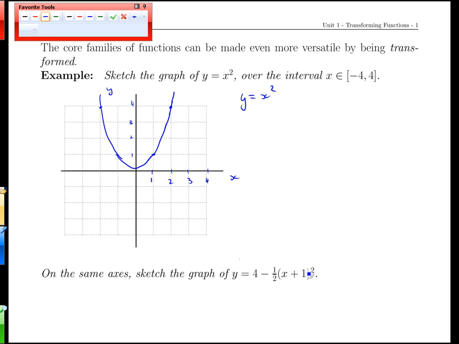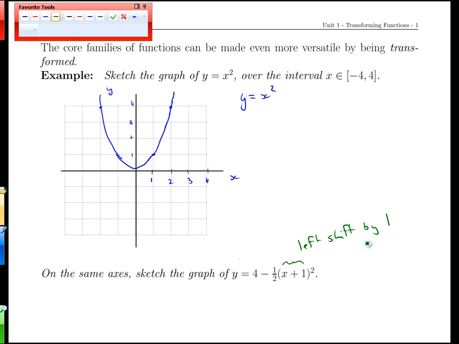Well, fortunately, we can see that essentially it's the graph of y equals x squared, but with some tweaks, with some modifications. We'll review these in a second, but let's see how much you remember on your own. Think about what the 4 does, the -1/2 multiplying, and the x plus 1 on the inside. I like to work from the inside out, and remembering that shifts or addition and subtraction inside the function act in the opposite way to what you might expect. You'd think with plus 1 it might move right, but it'll be a left shift